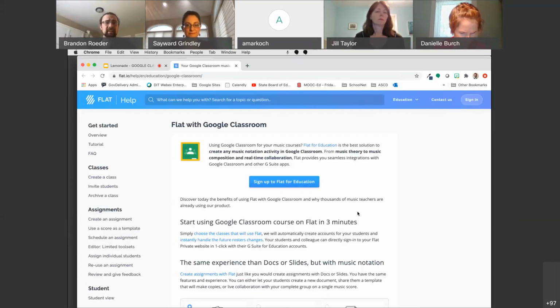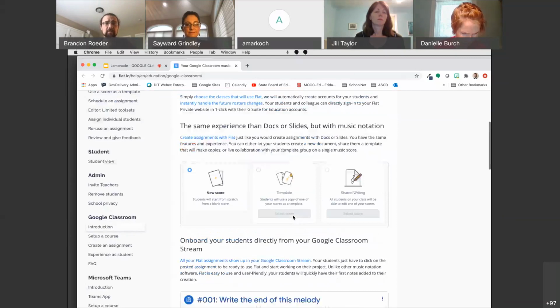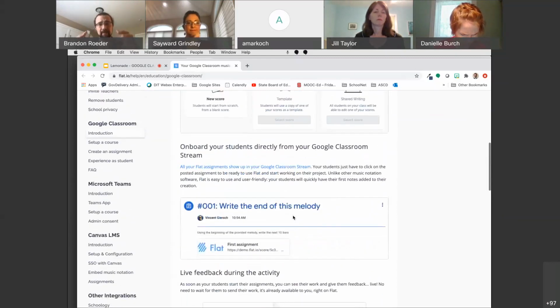You can basically sign or put out a template of an assignment, and they are able to click on it in their stream, and then it makes them a copy, and they are notating what the rest of the melody is. I used to do this for dictation as well, where I'd send out just a blank rhythm line with rhythmic dictation, and they'd have to type it in, or if it was melodic dictation, a blank treble staff